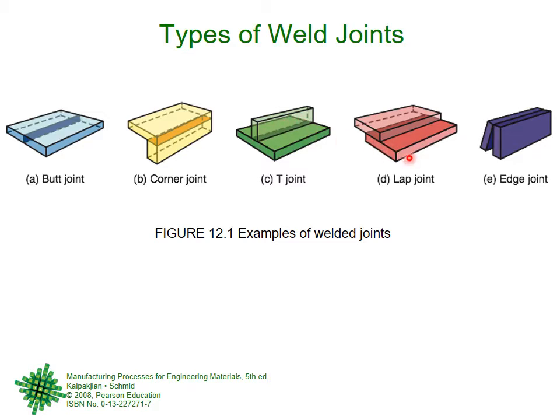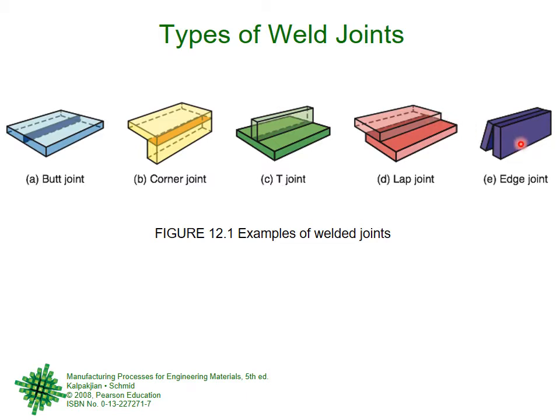Here one plate is here, the other plate is there. One is overlapping the other, right? It is not butting, right? This corner is not hitting this corner like a butt joint, but this is sliding over the top. So this is like an overlap, and we have removed the word over and only call it a lap joint. It is actually an overlap joint, right? So now the contact will be here.